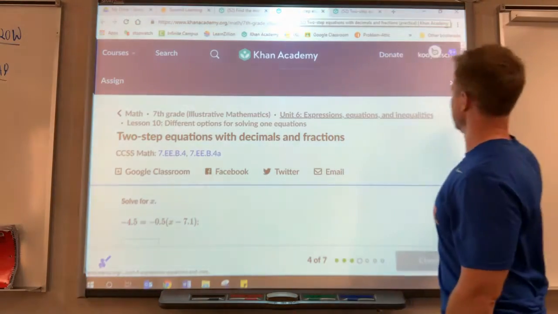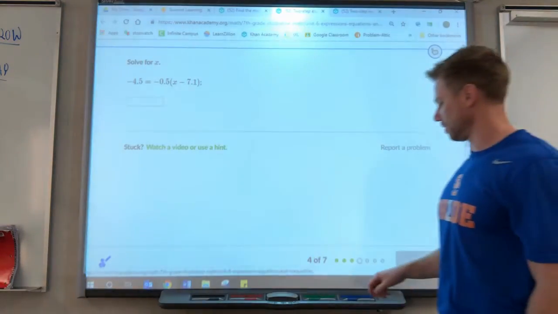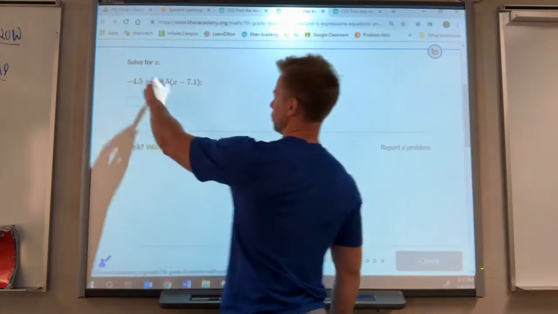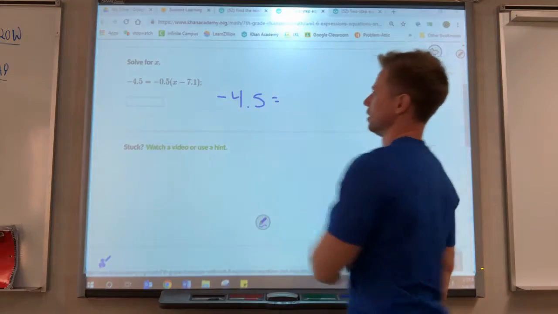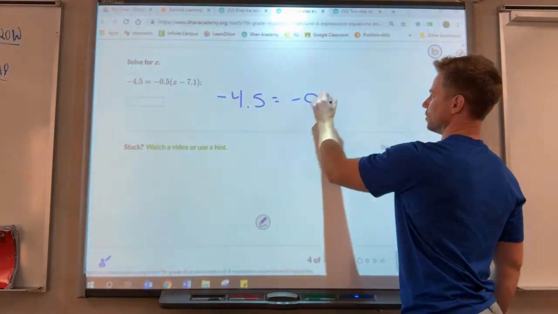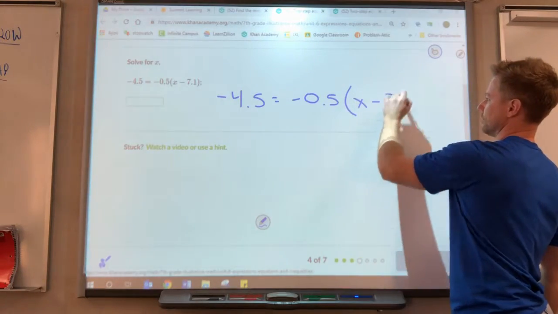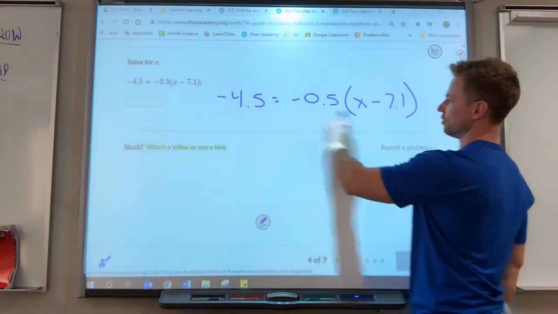distributing and solving equations. Okay, this link is very much the same thing, except now we have some decimals. So I'll rewrite it first. We have -4.5 equal to -0.5x minus 7.1. Okay, now again, you could divide by